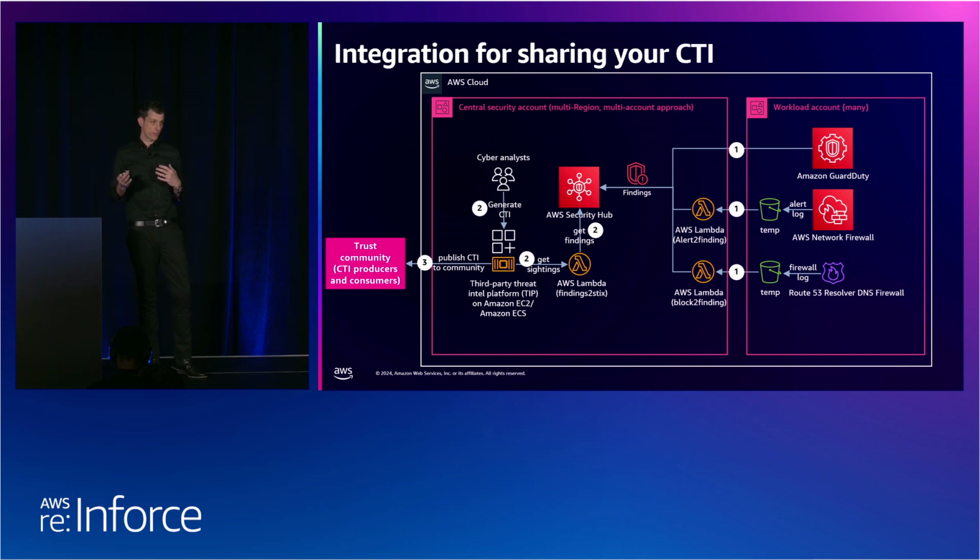You can then configure your threat intelligence platform to invoke other AWS Lambda functions that can potentially act as, say, an internal dynamic CTI feed. Lambda can also retrieve new findings from Security Hub, convert them into something called a Structured Threat Information Expression, and then return, say, a STIX document, and your threat intelligence platform can then pass that on through a CTI feed.